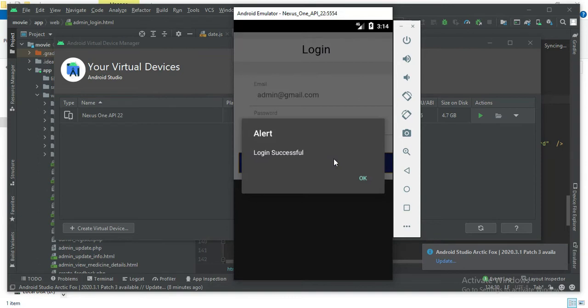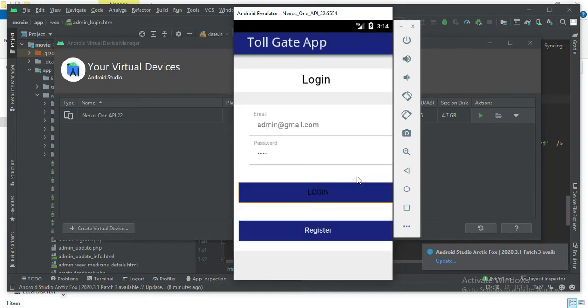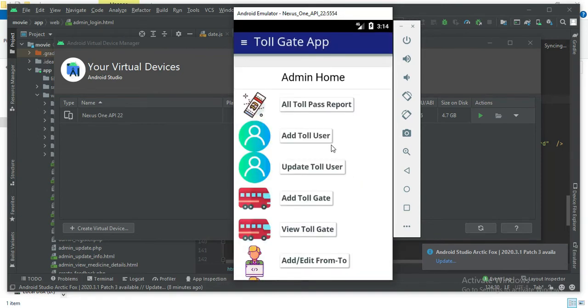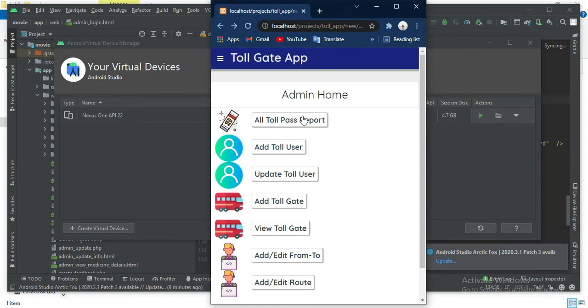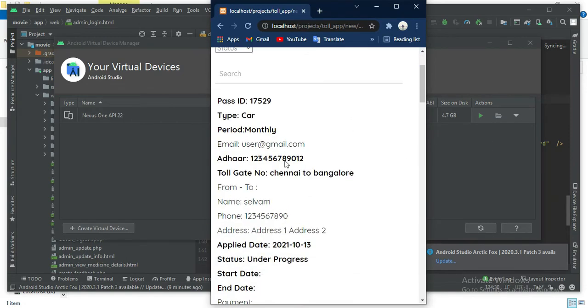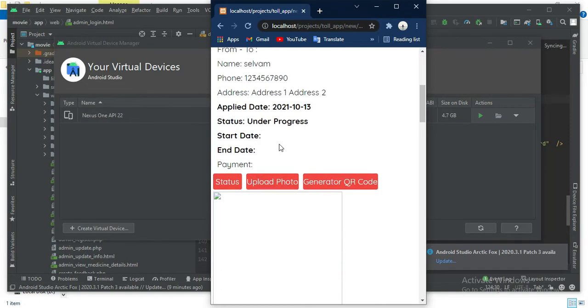Once you have applied for the toll pass, it will be pending in the toll pass report. For generating the toll pass report, you have to run the project in the web view.